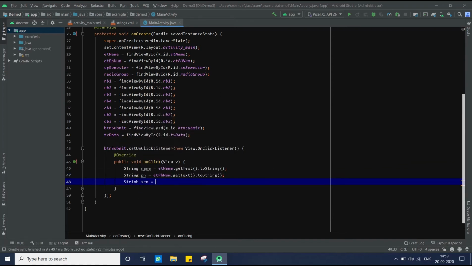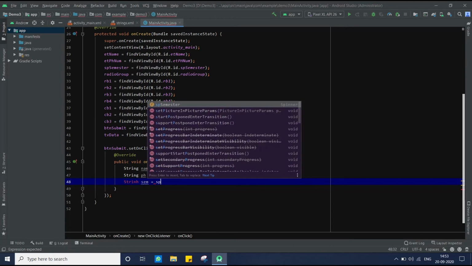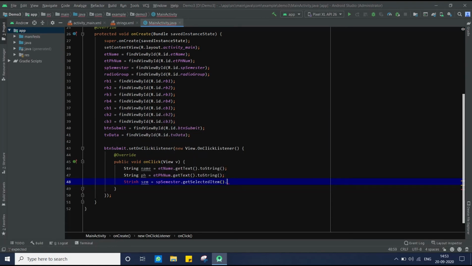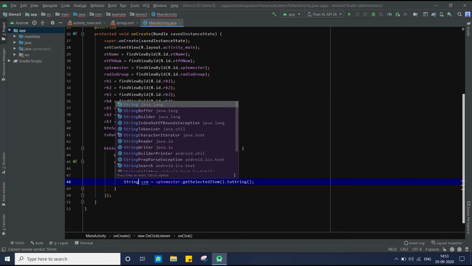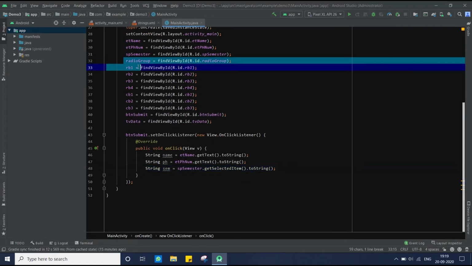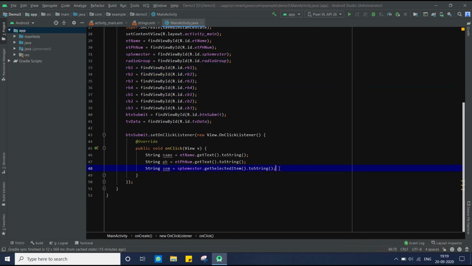From the spinner we'll get the data like this using getSelectedItem. To fetch the data from this radio group, we'll use the following method.